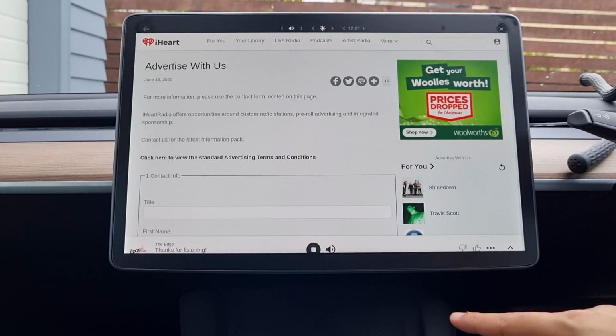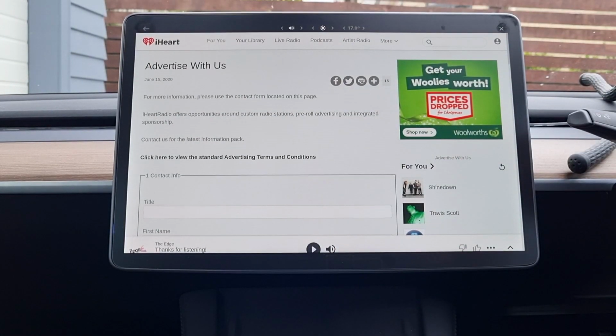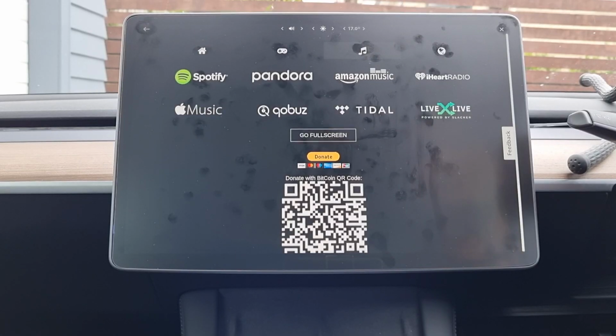There you go, that works fine. Let's head back to the main screen now. Cool, so let's move on to the final section in this now, which is probably the most useful, is the